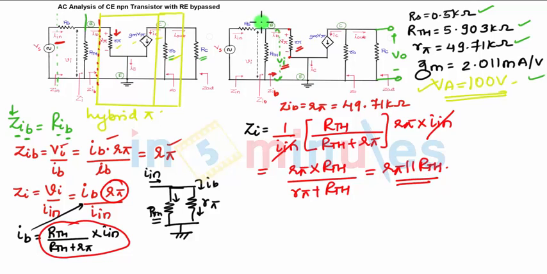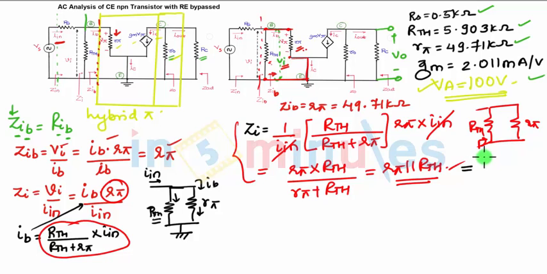Now how to do it for the problem? When you look from this point, you can find only two resistances. Both the resistances have both the terminals common. So when you look from the other part, you have RTH in the base, you have R pi in the base. That means when you are looking from this point, you are finding total resistance that is nothing but R pi in parallel to RTH, right? So in the problem case, what you can do is directly find R pi in parallel to RTH. You need not derive this. In derivation, you need to do all these steps. So what will be R pi parallel to RTH? Your ZI for the problem, what will be the value of ZI? 5.27 kilo ohms. So simultaneously we are solving the problem also.